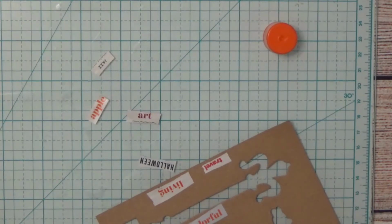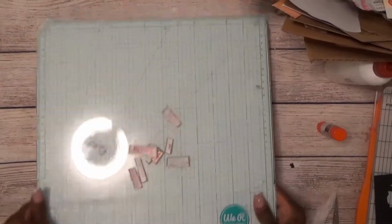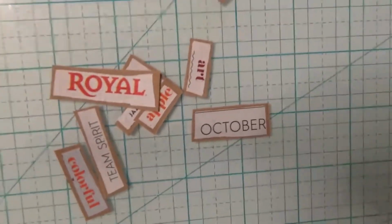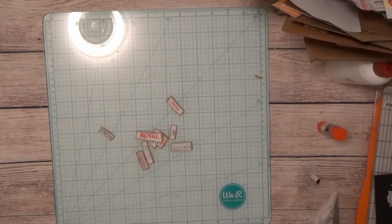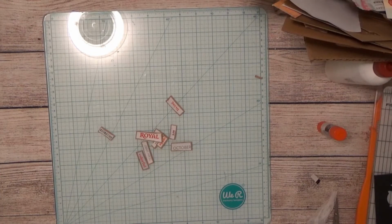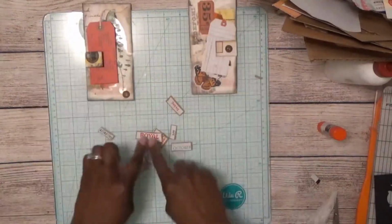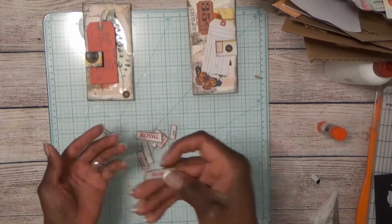So I'm just going to basically glue these on, and then I'm going to cut them out. Okay, so here are a few of them that have the backdrop, the brown cardstock kind of look. So I'm just going to take a few of these, and I have some cards that I've already prepared, and I'm just going to add two of these words to it. So I'm just going to use the word living,